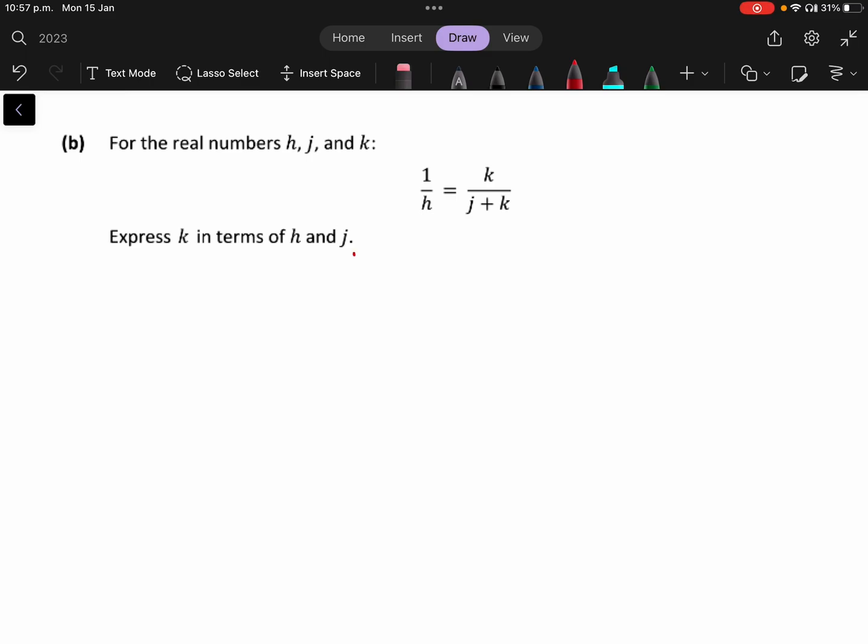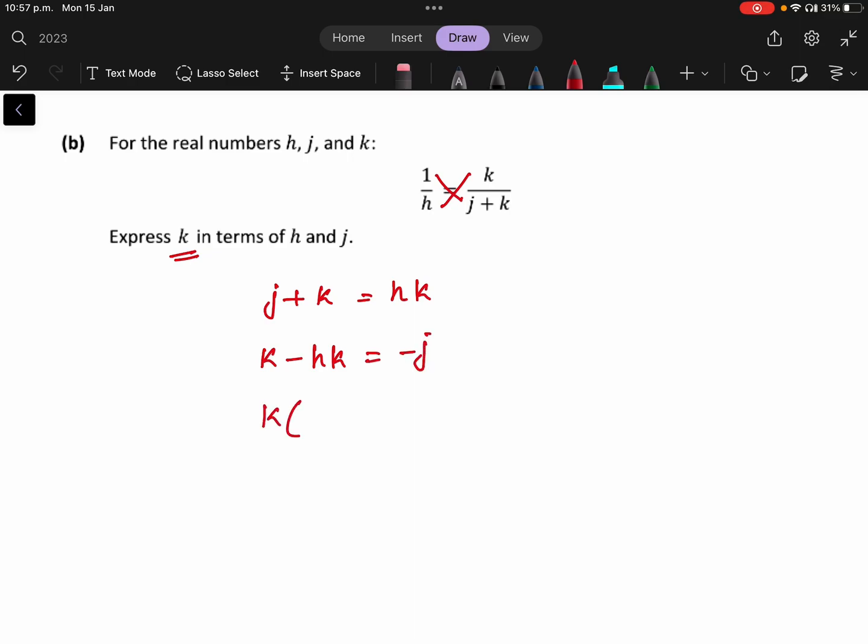Okay, so this is pretty easy. It is like a junior cert question. Whenever you get two fractions like this, you need to cross multiply. So I can write this as j plus k is equal to hk, and you have to write k in terms of this one. So I will bring all the k's to one side. So it is like k minus kh, or I will write it as hk only, is equal to minus j,